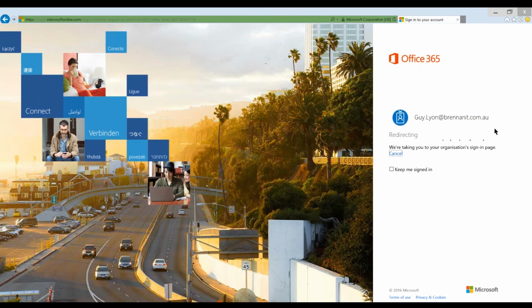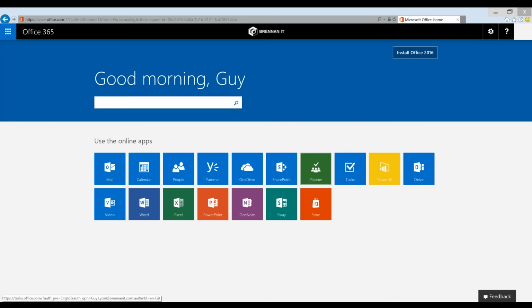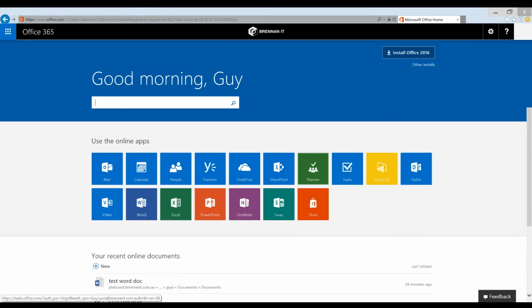All right, we're going to go and have a look at OneDrive now. So I'm just going to close my Outlook down, and we're going to go to the Office 365 portal. And this is where people maybe have a bit of a misconception about how Office 365 works, different from just using your regular PC day to day. You still can and will use all your apps as if you were just working on it locally. But I am going to log into it online,